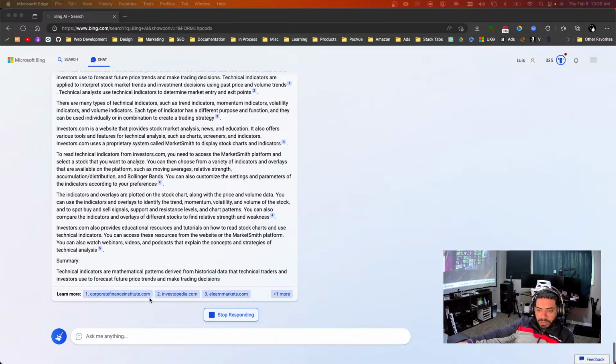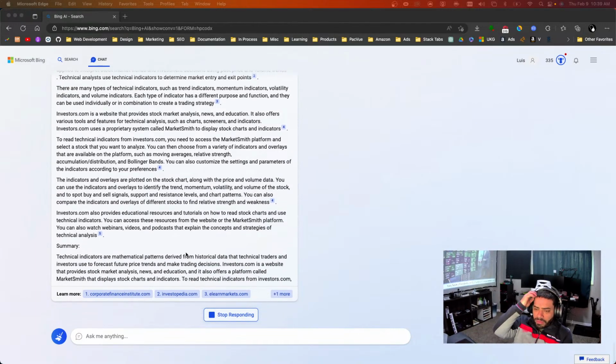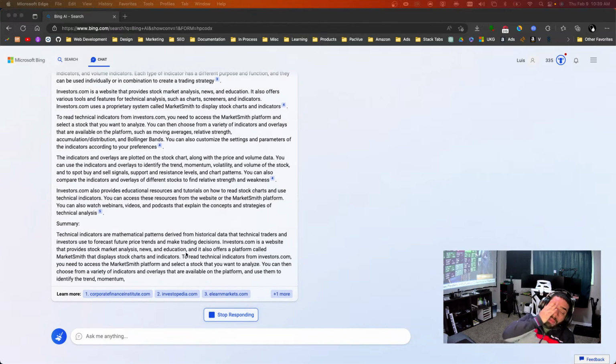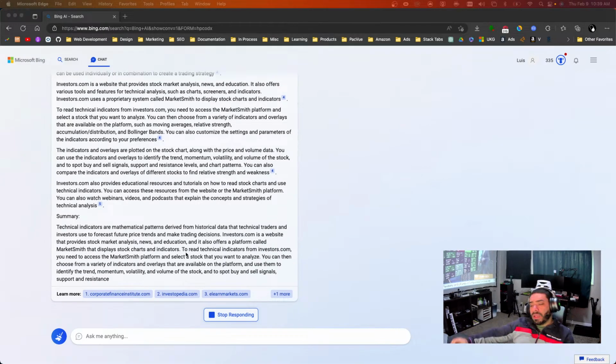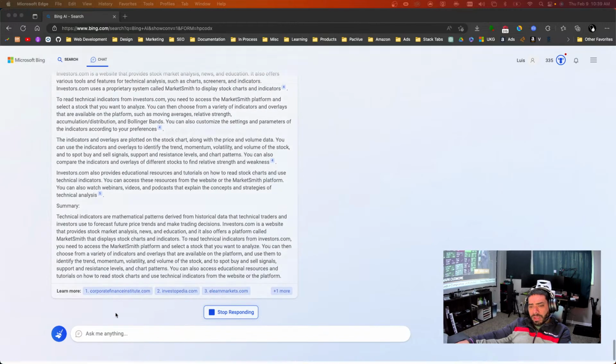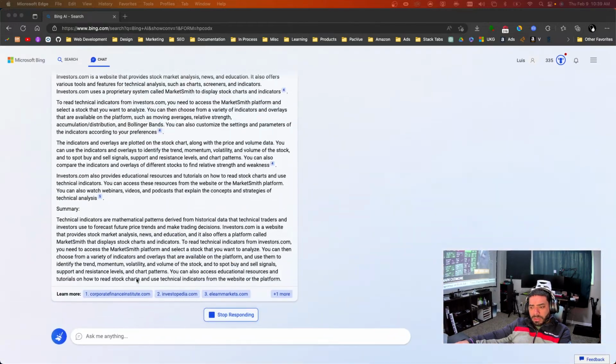So I'm trying to test it with data from the internet. Let's see what it is saying from the news, because this stuff you can't do on ChatGPT. I'm just trying to test stuff that is like this.